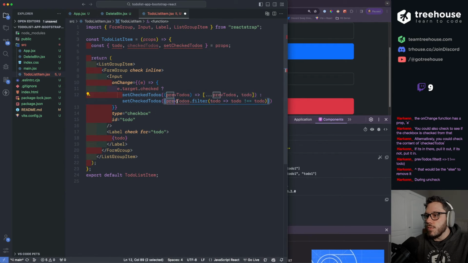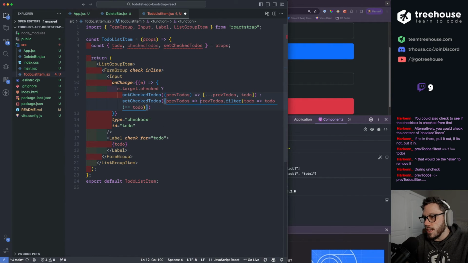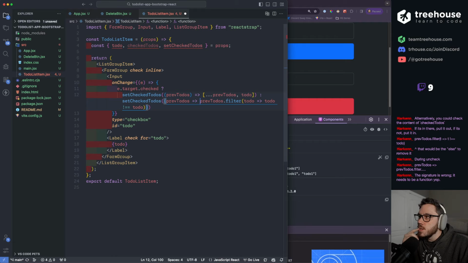Doesn't this just bring a reference to the previous state? Oh wait, hold on. I think I got a prev to-dos like that. Yeah, okay, that makes sense. Okay, so we're saying check to-dos. The signature is wrong. It needs to be a function. Yep. Okay, yeah.